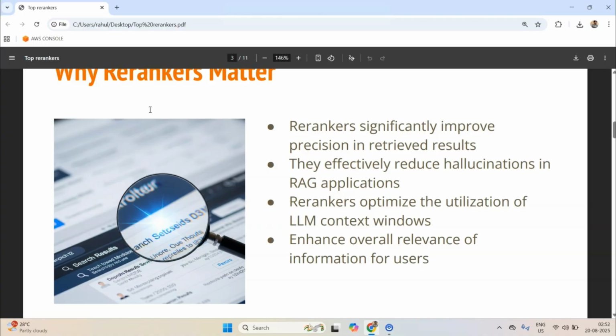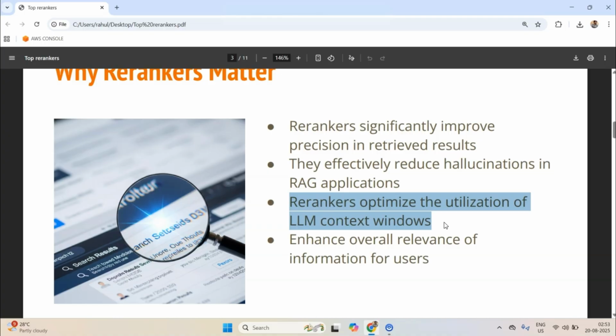What are the benefits? Higher precision, fewer hallucinations in RAG, and much better use of the limited context window in LLMs. And that is the most important point, because re-rankers optimize the utilization of the LLM's context window. Although nowadays we are seeing models such as Gemini 2.5 Pro, which has a 1 million token context window, even that is not sufficient to hold the entire knowledge that your organization might be saving in its documentation.